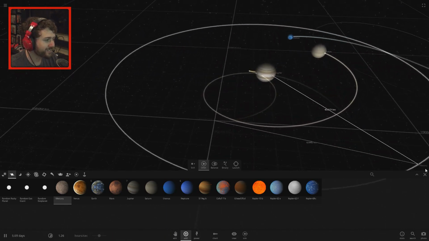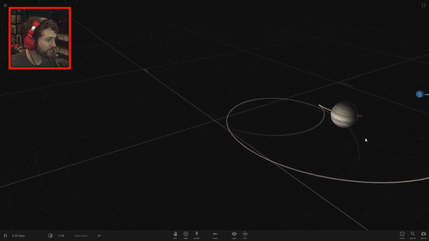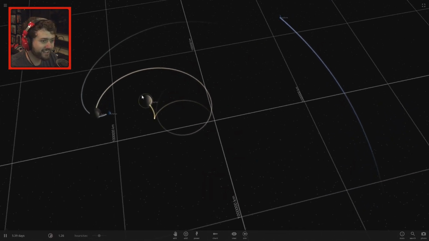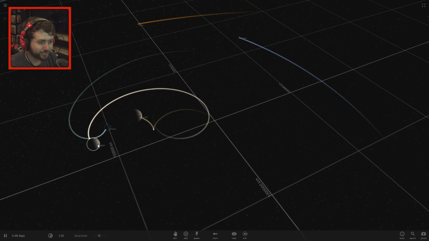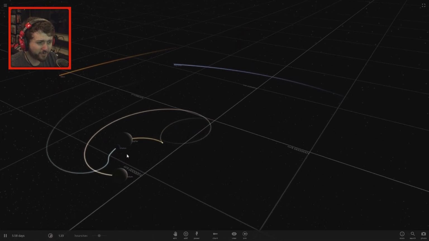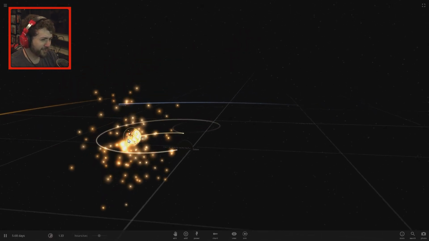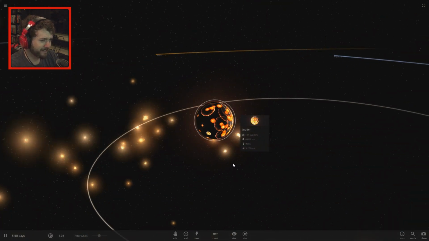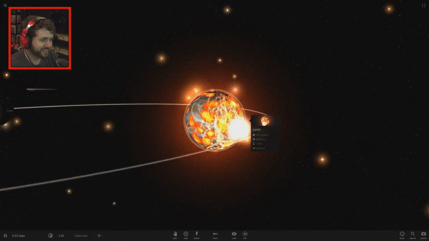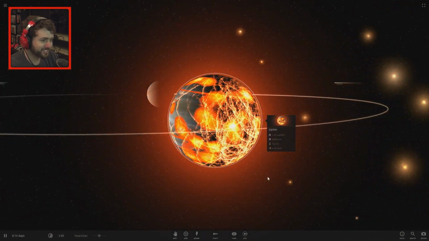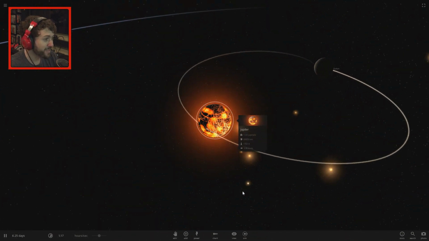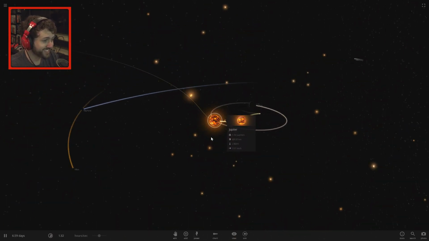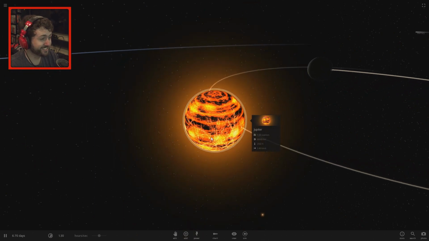And it seems like it's a bit of a tug of war between Jupiter and Saturn, and Uranus is wanting a little bit of the pie. Whoa, Uranus just kind of looped around Saturn, and Uranus has crashed into Jupiter! Oh my god! That actually did some serious damage to Jupiter too, holy shit. But that made Jupiter a lot more massive than Saturn. Now, with having Uranus crash into it,